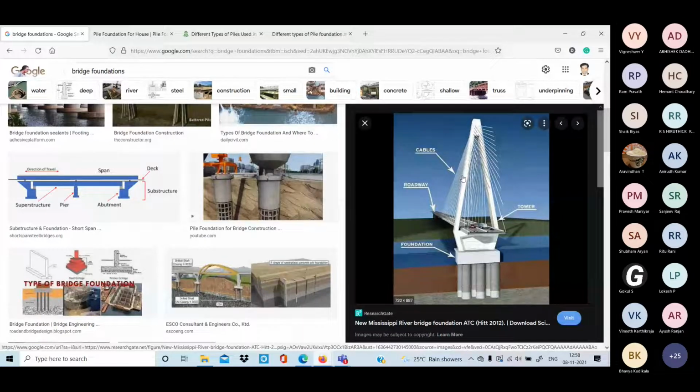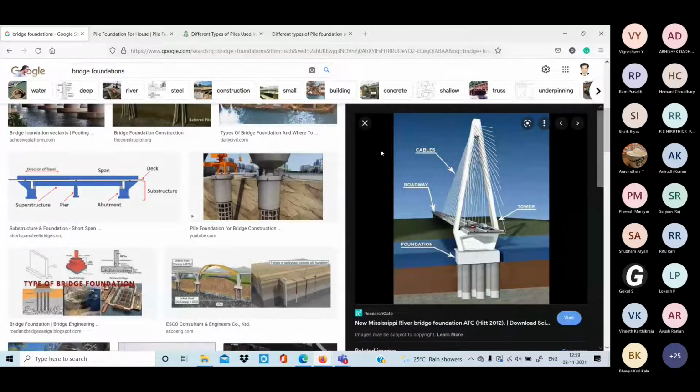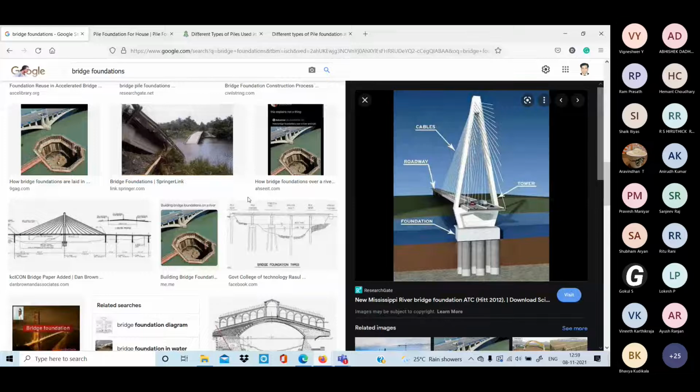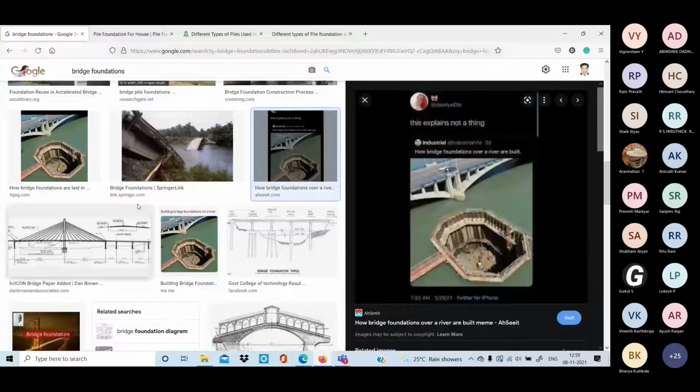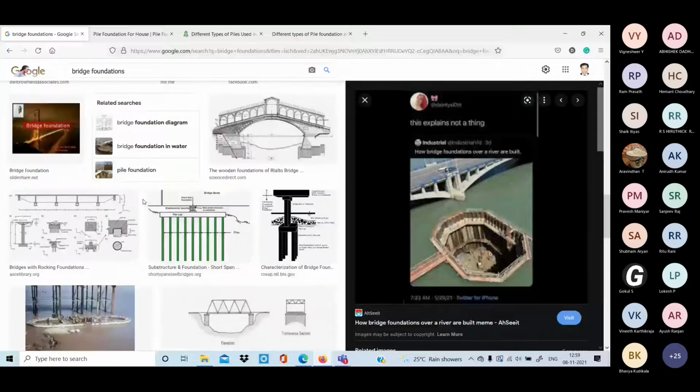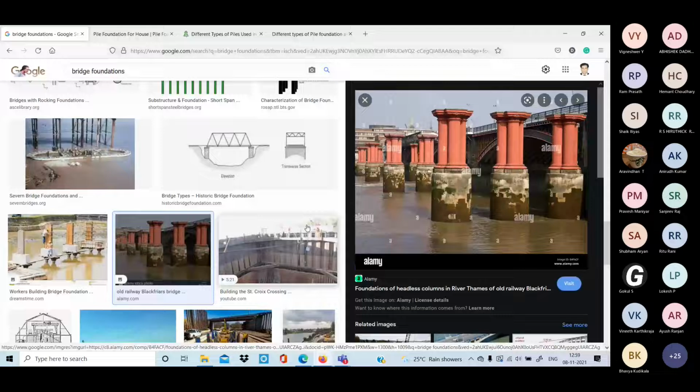Likewise, we will divert the water and construct it. So n number of works have been done for bridges and many other foundations. These are the smaller piles. Then over that we have the pile cap, and over that we have some construction. This may be some old bridge. They will remove the old bridge and construct new bridges nearby.